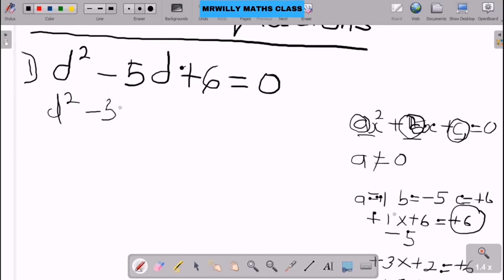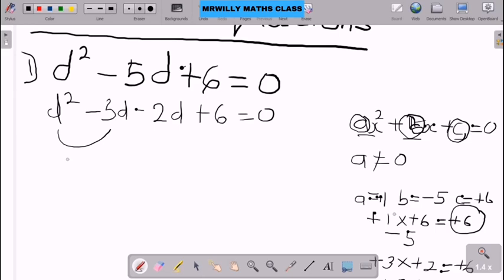So it will now be minus 3d minus 2d plus 6 equals to 0. So now the next thing is that you now factorize these two. That is, you look for